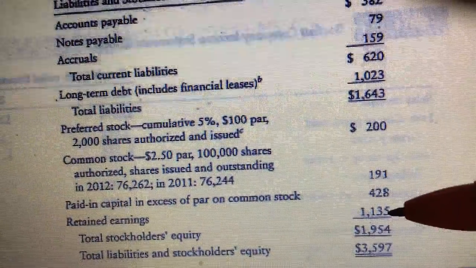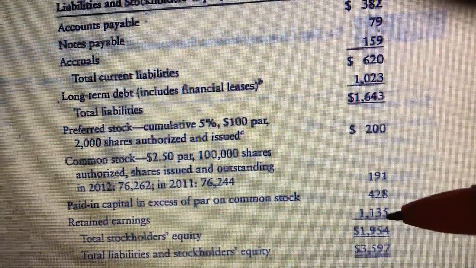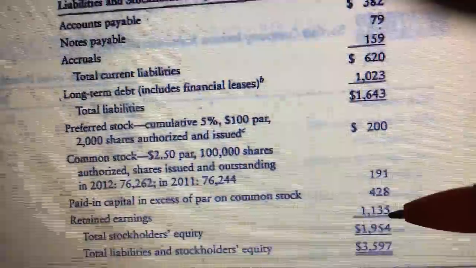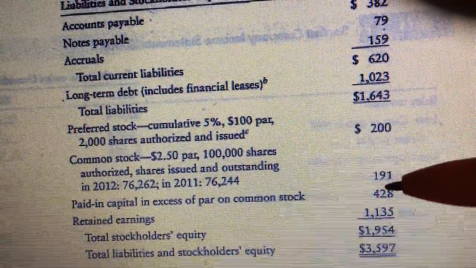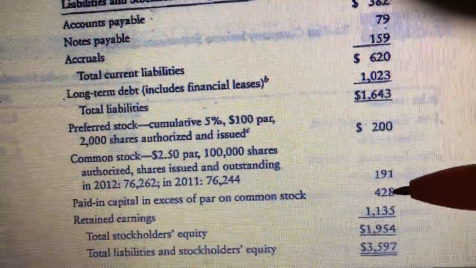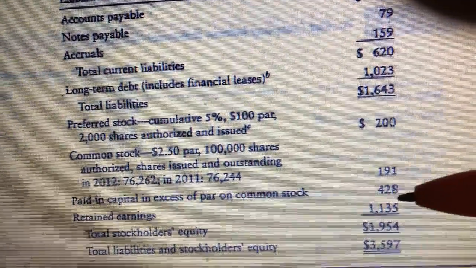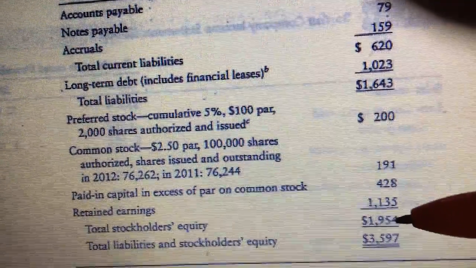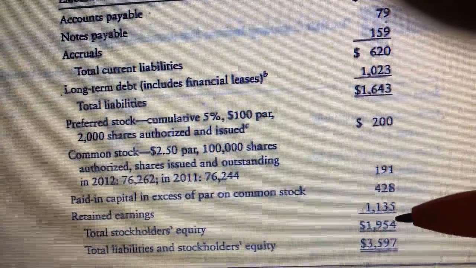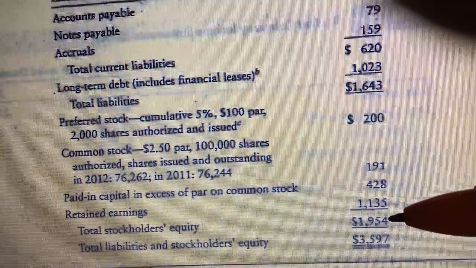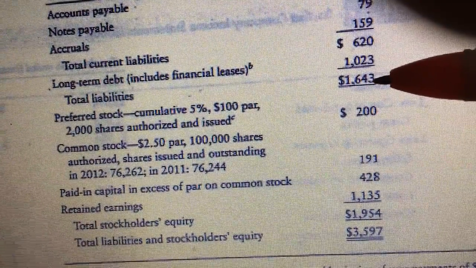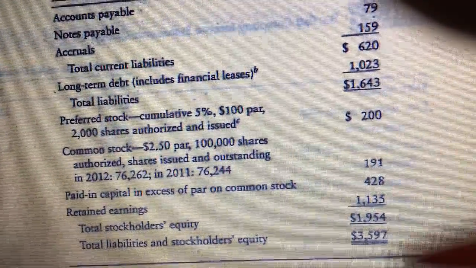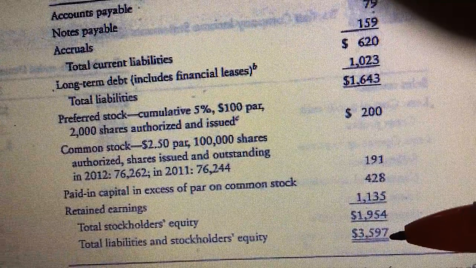We have retained earnings, which means your accumulated net income minus any dividends. So starting with preferred stock, common stock, paid-in capital over par, and retained earnings, that gives you total stockholders' equity. If you take 1954, you add it to your total liabilities, 1643, okay, that's going to give you 3597,